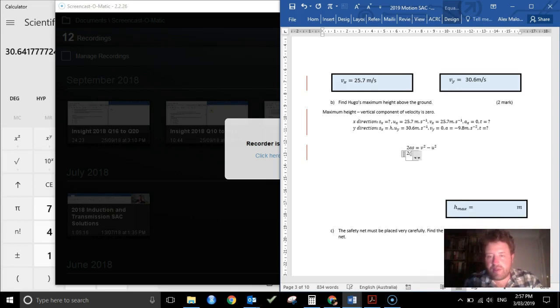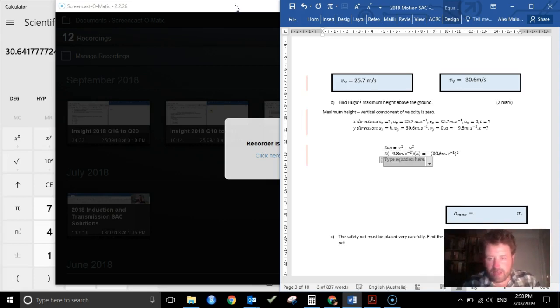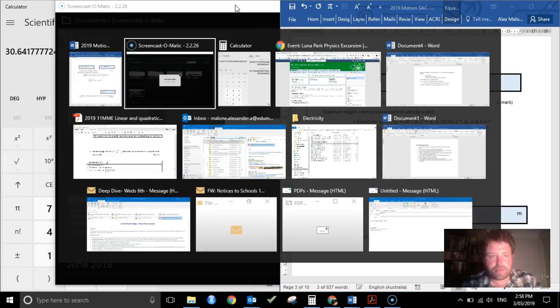Plug in the things we know. That's the H we're looking for. Of course, V is 0, and then U is 30.6 meters per second. And then we square it. Okay, so we're just going to solve that for H. And when we do that, we get H equals